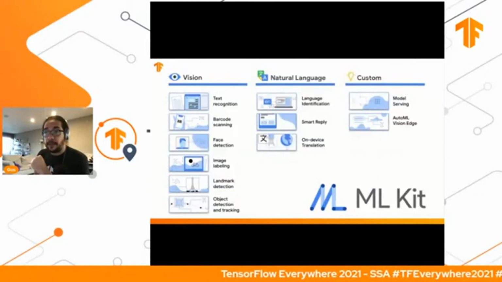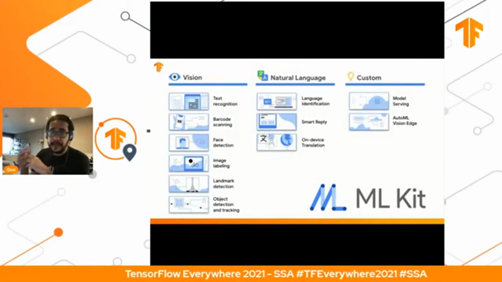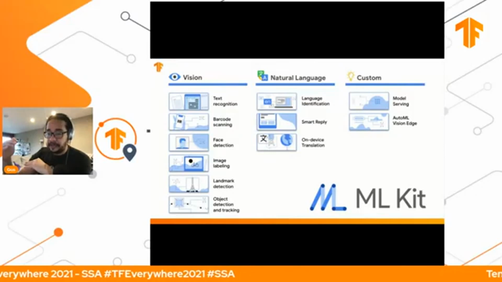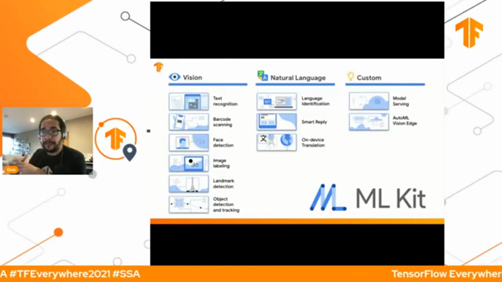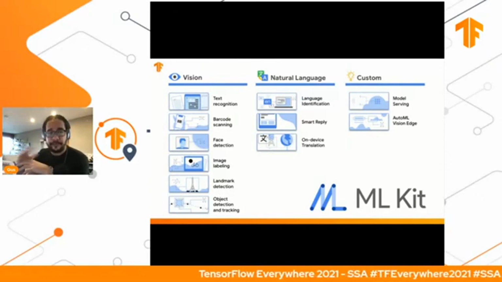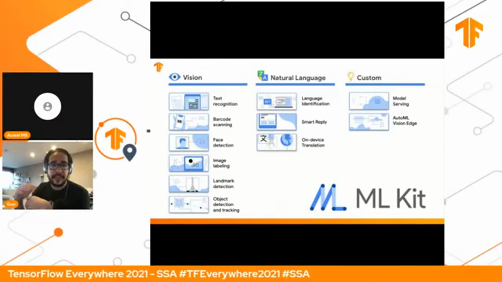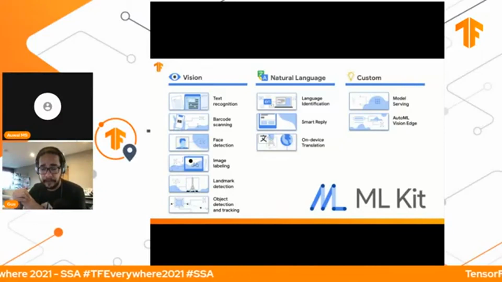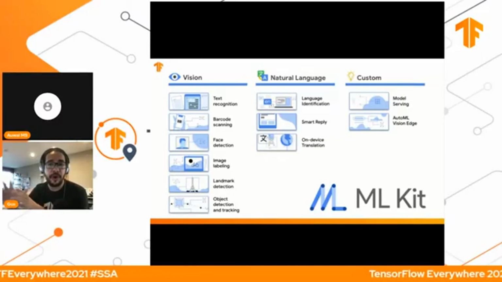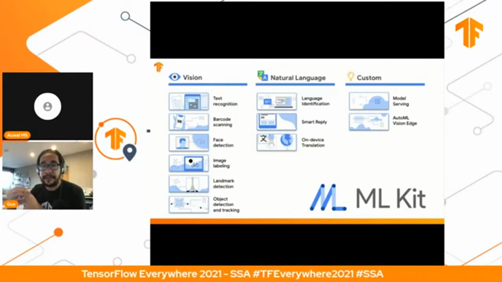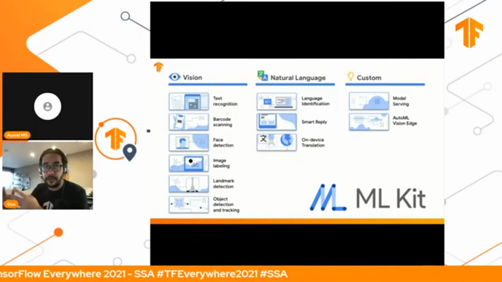The other library that can help you is MLKit. MLKit is a library over TensorFlow Lite to help you apply machine learning on device. It has some already pre-created use cases that will help you, and with these use cases you don't need to worry too much about models or TF Lite or anything. You just use the API. That will make your life easier, but it's all based on what TF Lite is doing already.